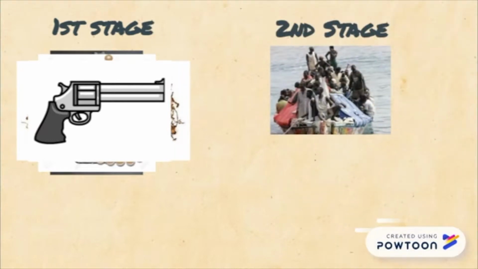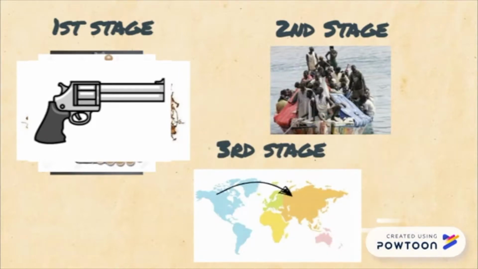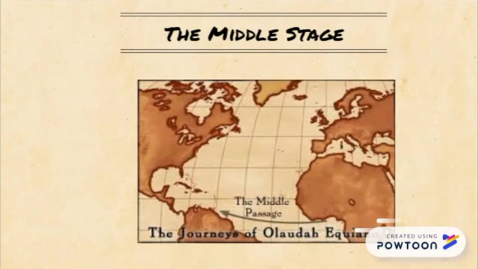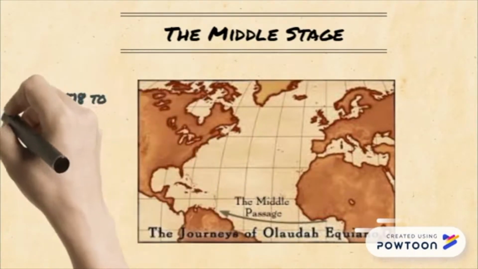The second stage of the triangular trade, the Middle Passage, involved shipping the slaves to the Americas. The third and final stage involved the return to Europe with the produce from the slave labor plantations. The Middle Passage was a voyage of about 500 miles that took place from about 1518 to the mid-19th century,